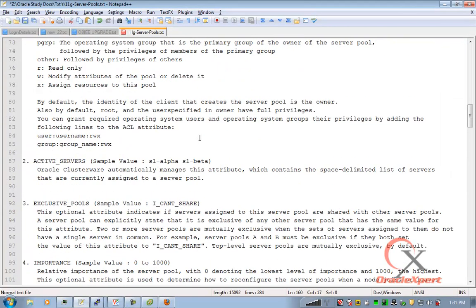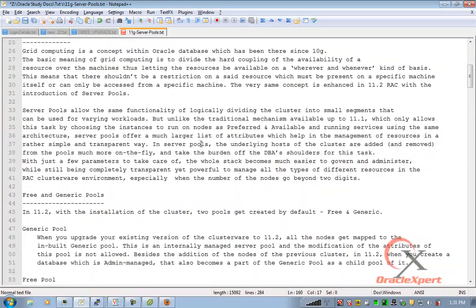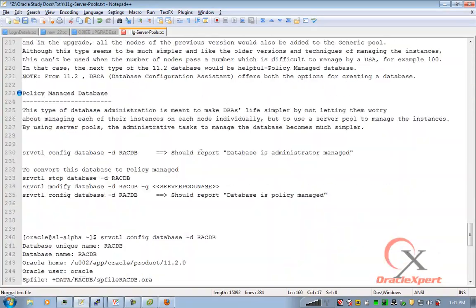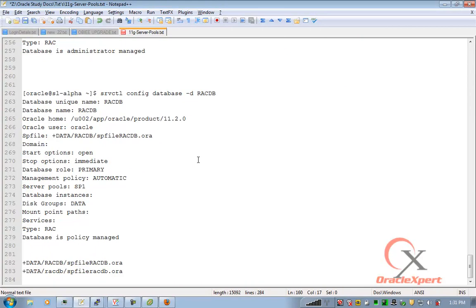So that's it from the server pool discussion. It is mainly useful when you are using a larger cluster, and manually organizing those services with hard-coded instance naming style is way too difficult to manage. In that case, you can use server pools. Server pool is relatively a new concept. Stability may be an issue. We have already encountered one problem where